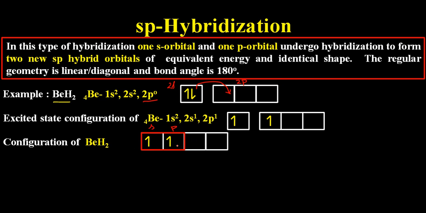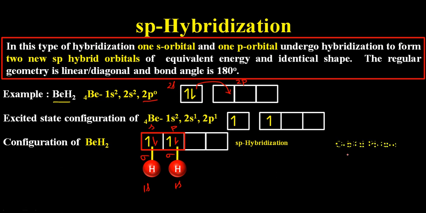They undergo hybridization to form sp hybridization. So as it's clear, in case of sp hybridization, we have one s orbital and one p orbital of the same beryllium atom undergoing hybridization. After that, they can easily combine with the 1s orbital of the hydrogen atom through the formation of sigma bonds. So here we can show the unpaired electron of the hydrogen atom forming a covalent sigma bond with the 2 sp hybrid orbitals.